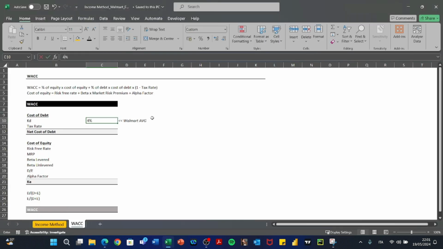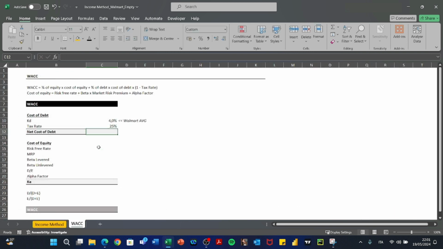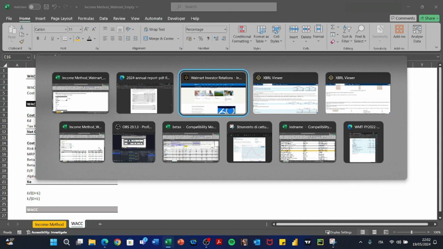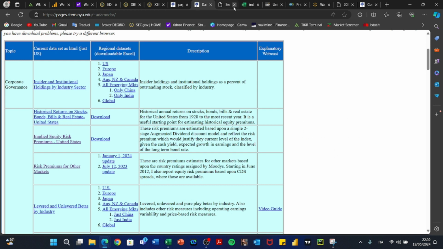So we're going to insert here. Tax rate is 25. So the net cost of debt is this one, 3%. About the market risk premium, I'm going to use the market risk premium from Damodaran, which